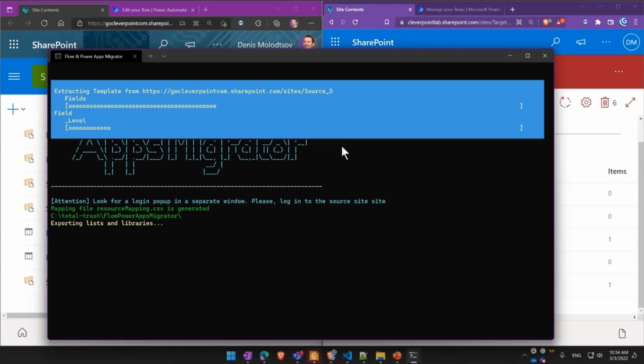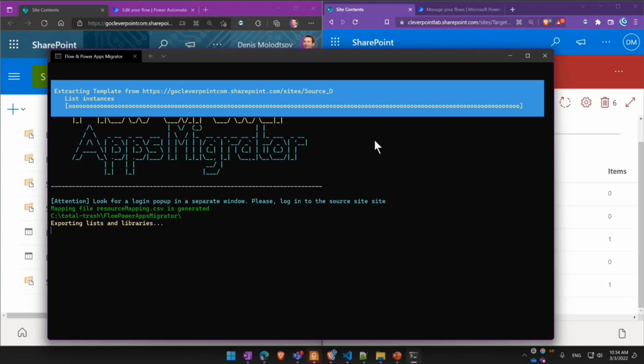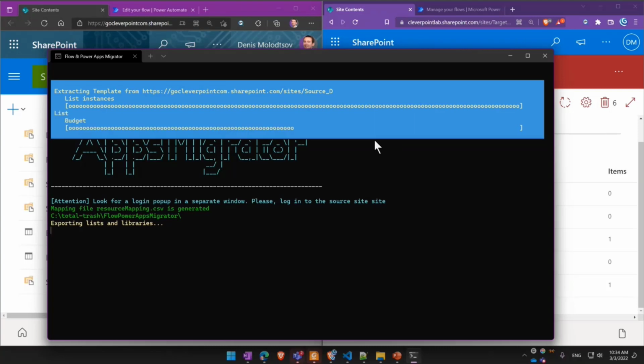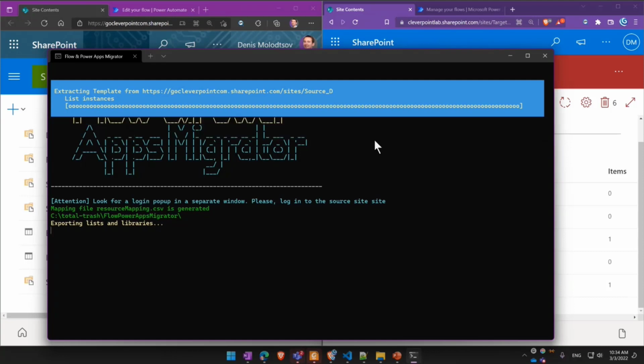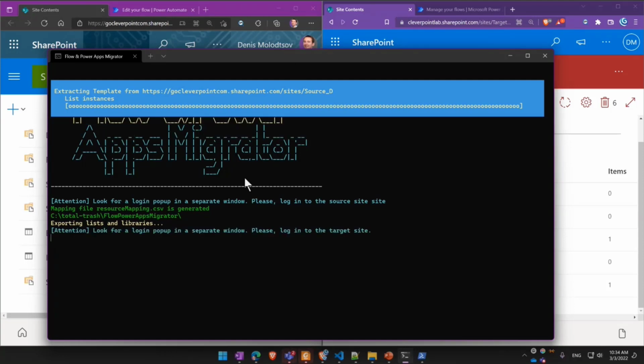And a few moments later, using the power of the PowerShell PnP tool, the Flow Migrator is exporting dependencies, including customized forms using JSON and even content types if they are present in the list or lists.